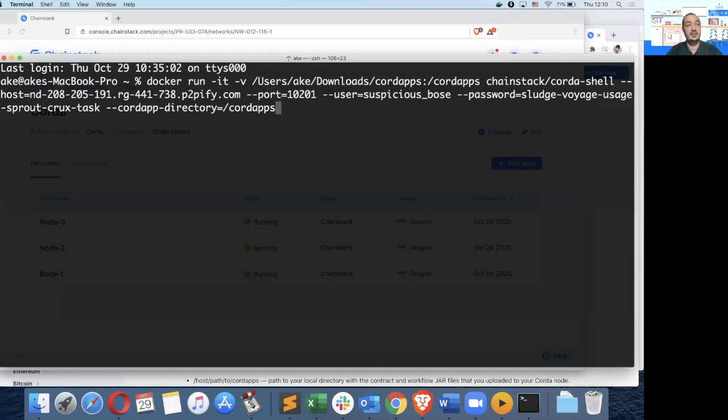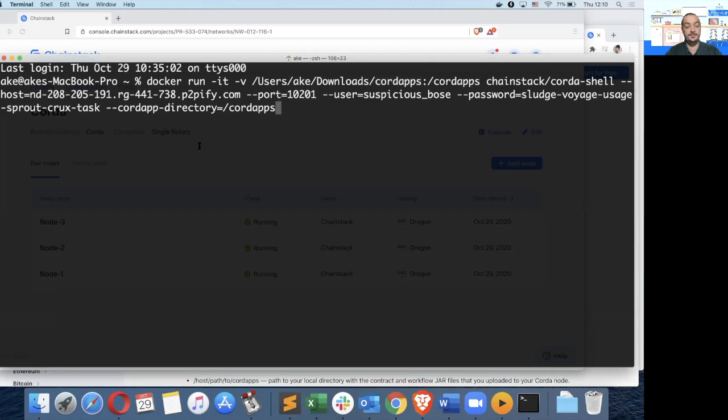We're going to be using the Corda shell, and we're going to mount the CorDapps directory that we have, which is local on my machine, and it holds the 4 jar files of the 2 CorDapps that we have installed on each of the nodes,